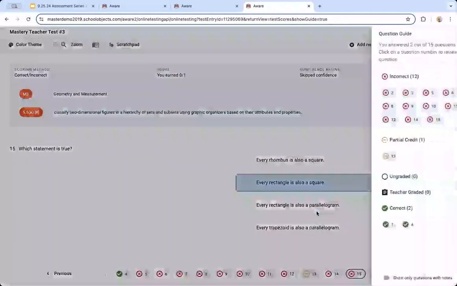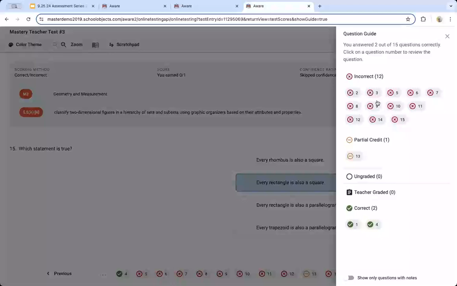But I can go through and actually review my answers and break down which ones I got correct or not correct. You may have a graphic organizer here where you've got the numbers on a page and the kids start filling in how many they got right to make bar graphs, that kind of thing. This can help you do that.